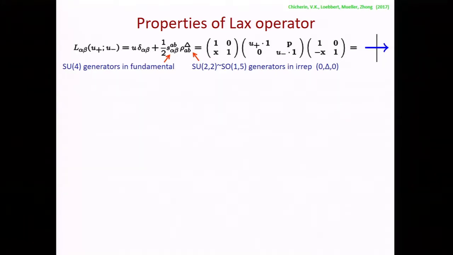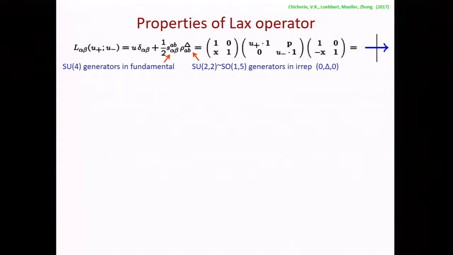So you have the first term, U times delta alpha beta, a 4 by 4 matrix. All this is in indices alpha and beta, it's a 4x4 matrix according to the rank of SU(2,2). And then you have the standard combination of generators in auxiliary space and generators in quantum space, in physical space. So in auxiliary space, we take the fundamental of SU(4), and in quantum space, the principal series representation of SU(2,2), the standard set of conformal generators